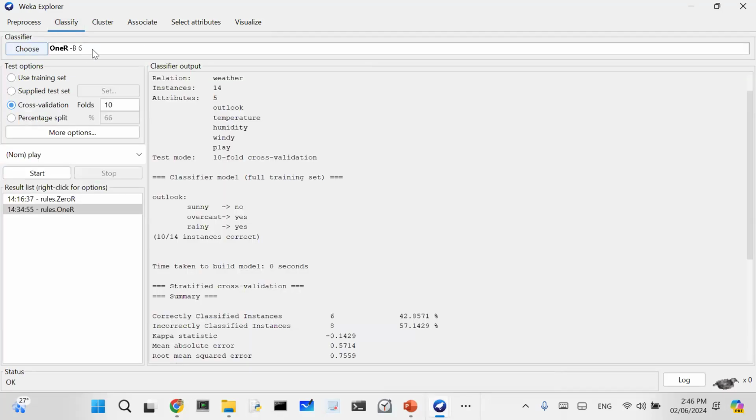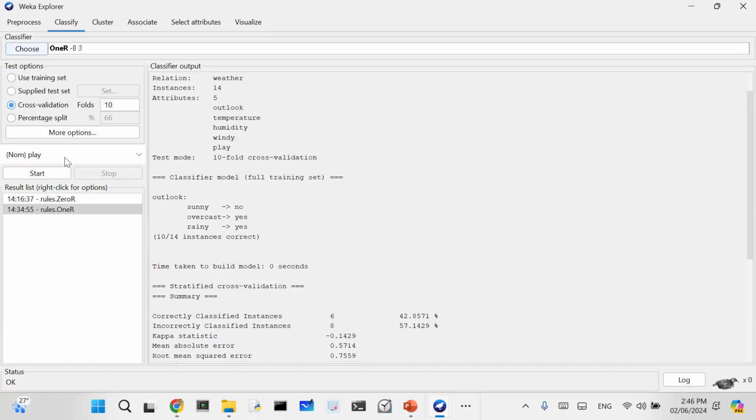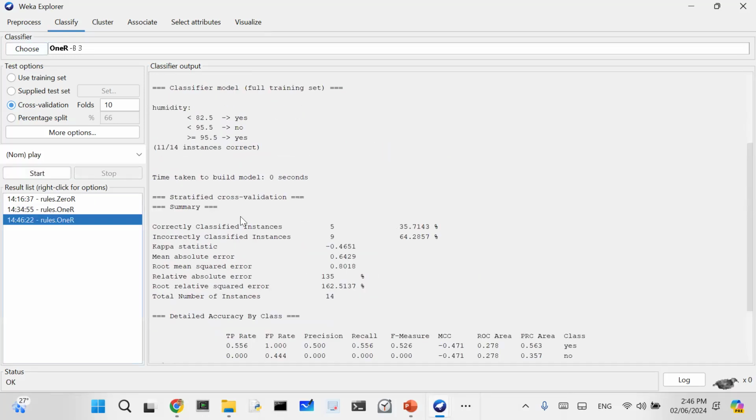Now I go back and here we select OneR. Earlier I had not considered this, but this B means how many values you are going to say, the bucket size. So I will put this as 3 because that's what we discussed earlier. Now let me start running. If you do this, you will notice here humidity is the outcome. So now I think I have shown you both nominal and numeric. And we discussed today two machine learning algorithms, 0R and 1R. Okay,